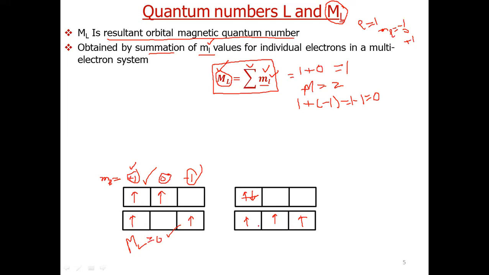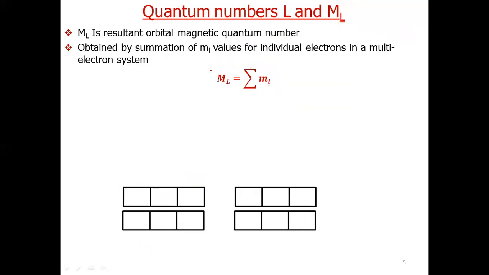Let us calculate for this system. For this system, as we have 3 electrons, the value for the first electron is 1, for the second electron is 0, and for the third electron it is minus 1. So for this also the value will come out to be 1 plus 0 minus 1, which is equal to 0. So that's how we can calculate the ML values from small ml values. So our today's task will be this. We will do examples in our coming slides where we will apply this formula.